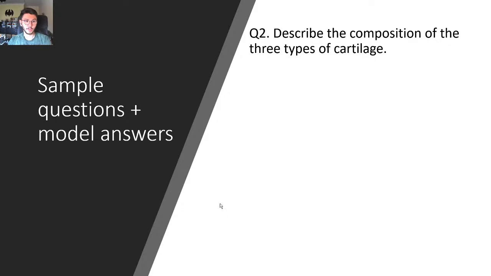So the next question that we have here is: describe the composition of the 3 types of cartilage. So we talked about the hyaline cartilage, fiber cartilage, and elastic cartilage. Hyaline cartilage has type 2 collagen. It's bound to these hyaluronic acid chains. It's the diagram that I showed you here. So that's your hyaluronic acid, and you have all these fibers creating aggrecans. This is keratan sulfate, chondroitin sulfate, and they're found in the growth plate, nasal septum, larynx, and